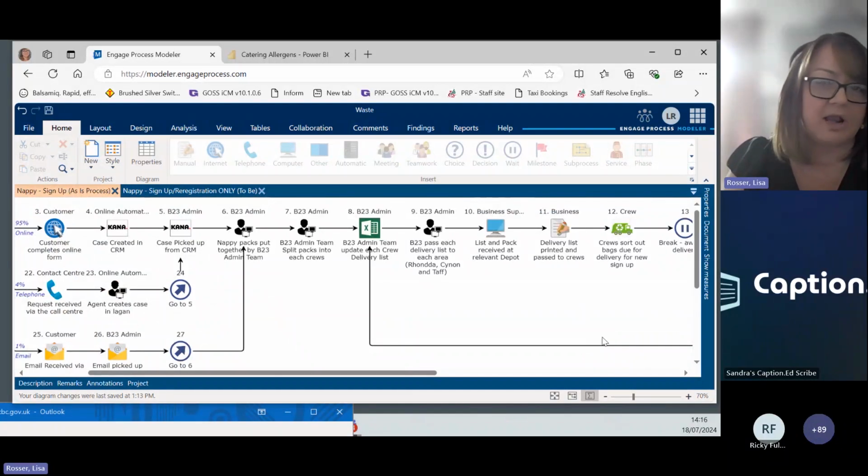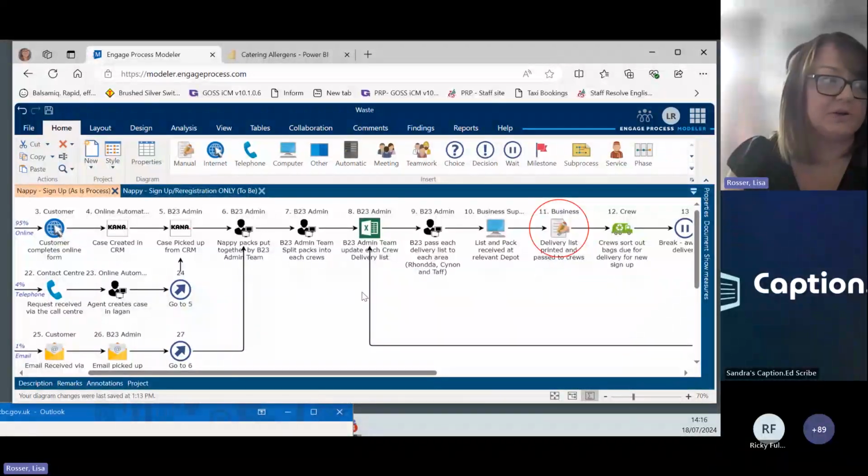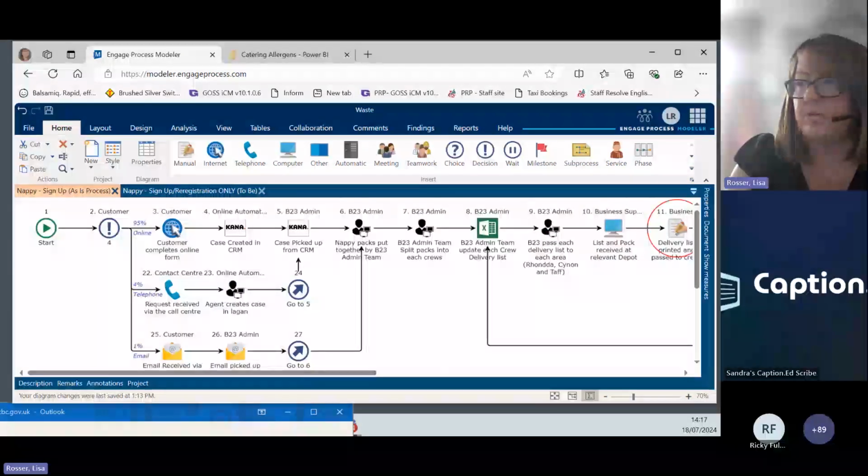All our rounds and our collection dates were in an Excel spreadsheet. All our delivery lists were in Excel. It was literally a print off. Anything that went out to the customer to tell them when their collection day was, the rules and regulations, was all paper-based. There was a lot of printing, a lot of postage. So what we did then,